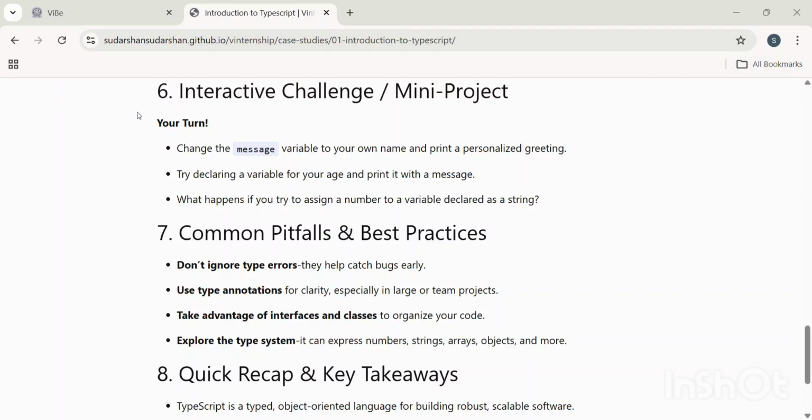And later, through this internship, I mainly used Visual Studio Code as my coding environment. It became my primary workspace for writing and doing these mini challenges and interactive challenges.